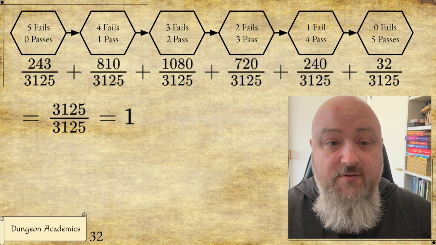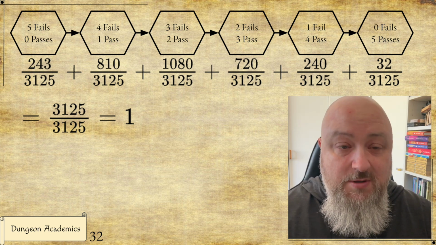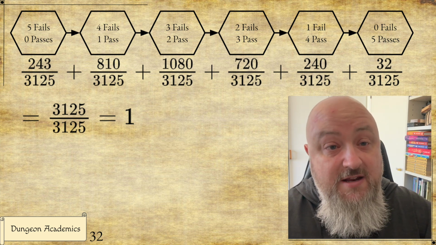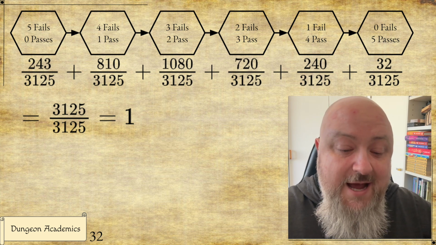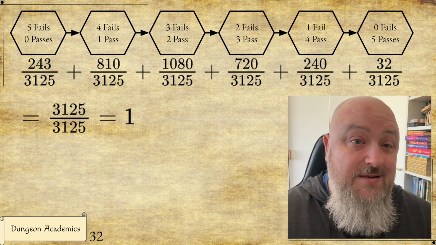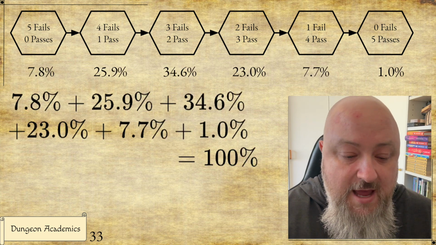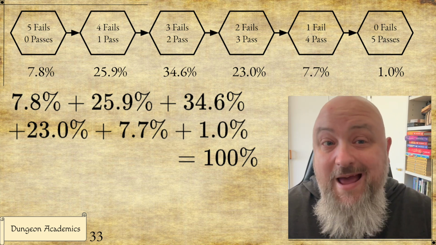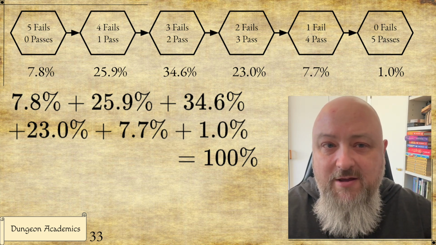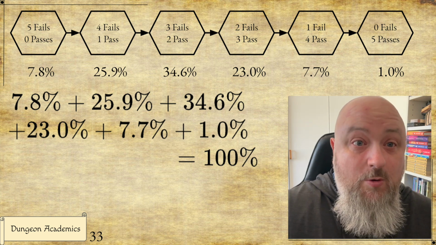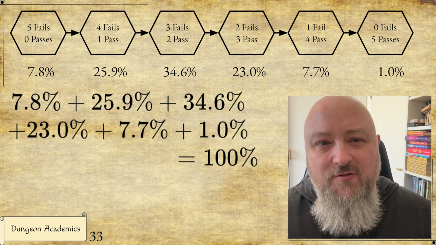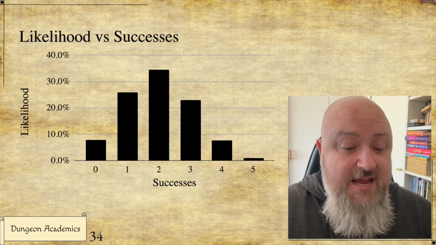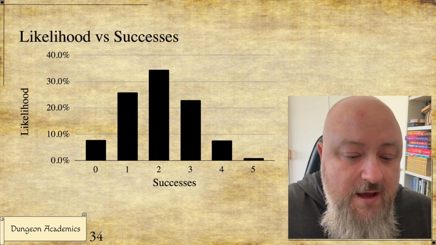So we have resolved all 6 possible outcomes, from 5 failures and 0 successes to 0 failures and 5 successes. If we add up those 6 fractions, it does indeed come to 1. And if we use the percentage values, it adds up to 100%. Though, as I said, there may have been some rounding error, so 99.9% or 100.1% could have happened, but let's not worry about that. If we plot these as a graph, of course we love graphs here,